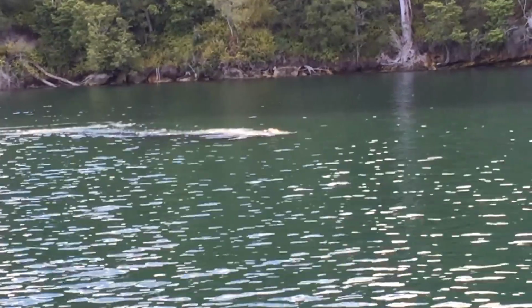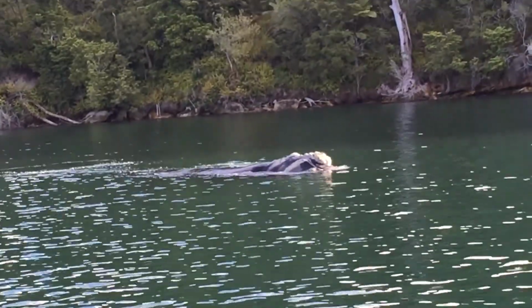This is the latest sighting of what's believed to be the Loch Ness Monster. Ripples in the water and...